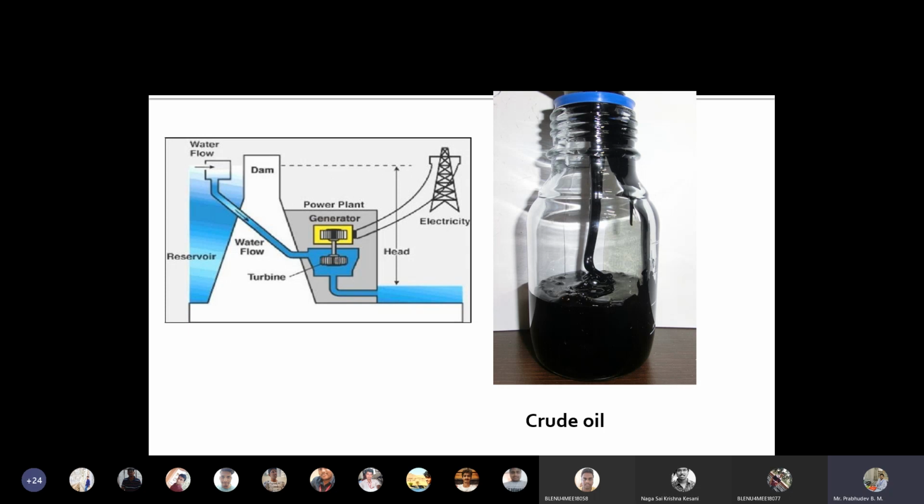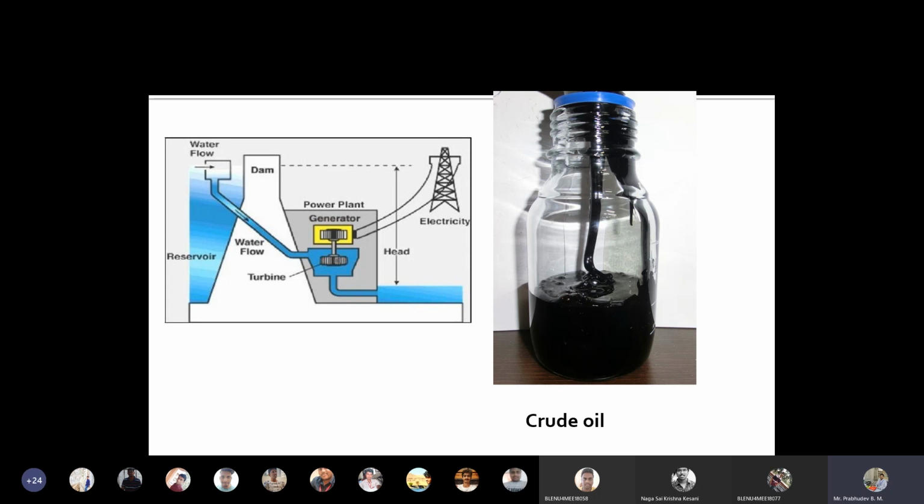We have hydropower plant. What is there in the slide is a hydropower plant. In a hydropower plant, we generate power by using the water's potential energy. Already in the last semester you have studied potential energy. What is potential energy? Due to the height difference, the water has a potential to flow from one location to another location. It has potential energy, and in the lab also I have taught you how turbines generate power.